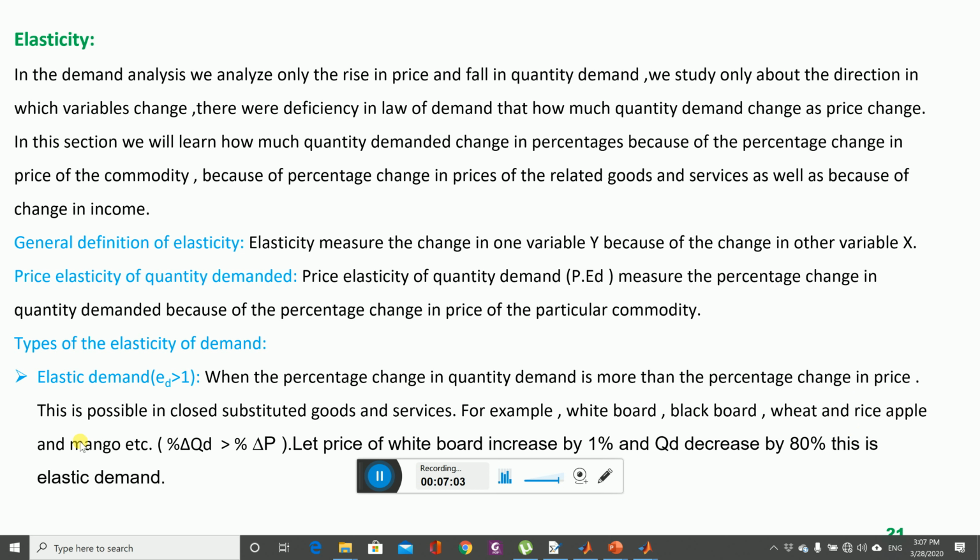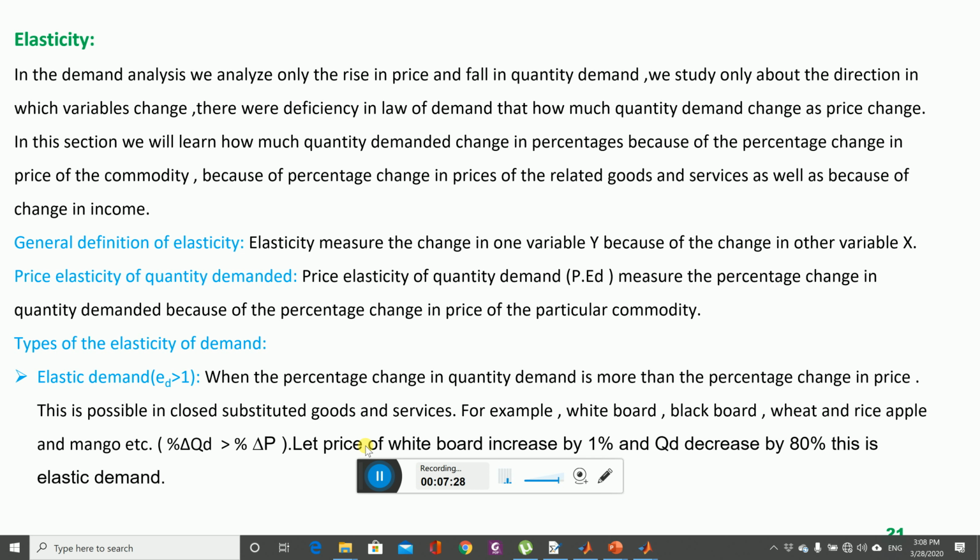Apple and mango, both are substitutes. Solar system and electricity, substitutes. Honda car and Corolla car, substitutes. So when the percentage change, delta for change, Q for quantity, D for demand, when the percentage change in quantity demanded is greater, this is the sign of inequality, greater than the percentage change